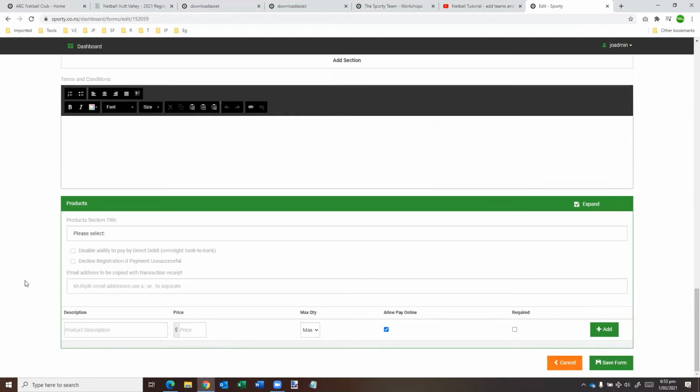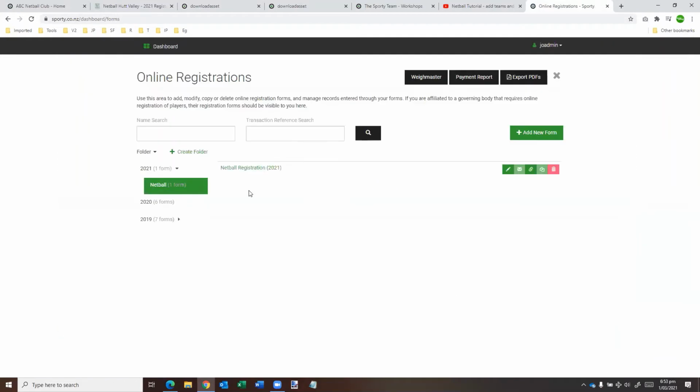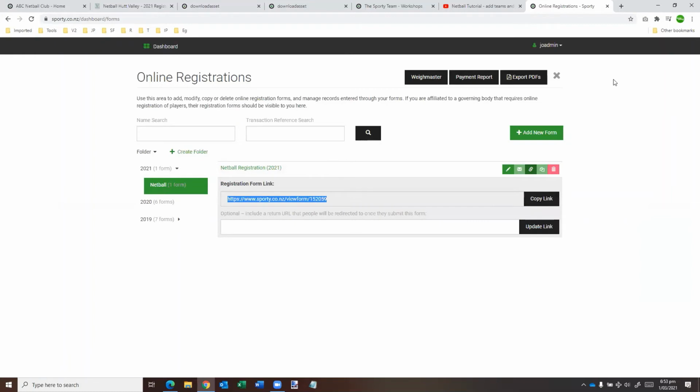This site that I'm on enables online payments to be accepted, so you can have people sign up and pay as well. Details about that are covered more in the fuller user guide. But if I just go now and have a look at my form,